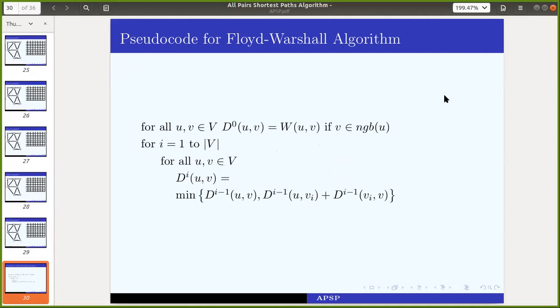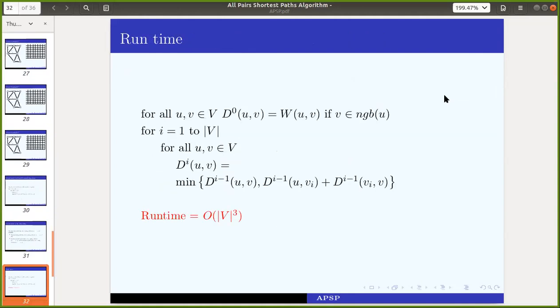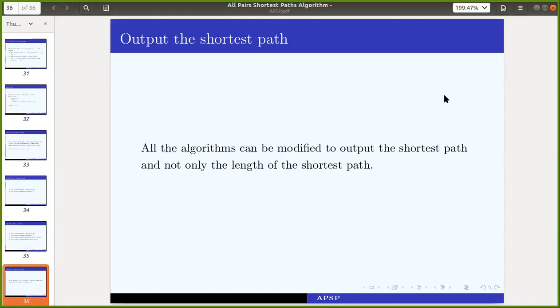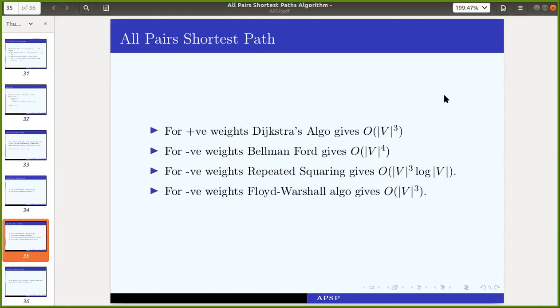No, this is the final Floyd-Warshall algorithm. Let's go to the last but one page. There are four cases, right? If you do this repeated squaring, it takes V cube log V, right?